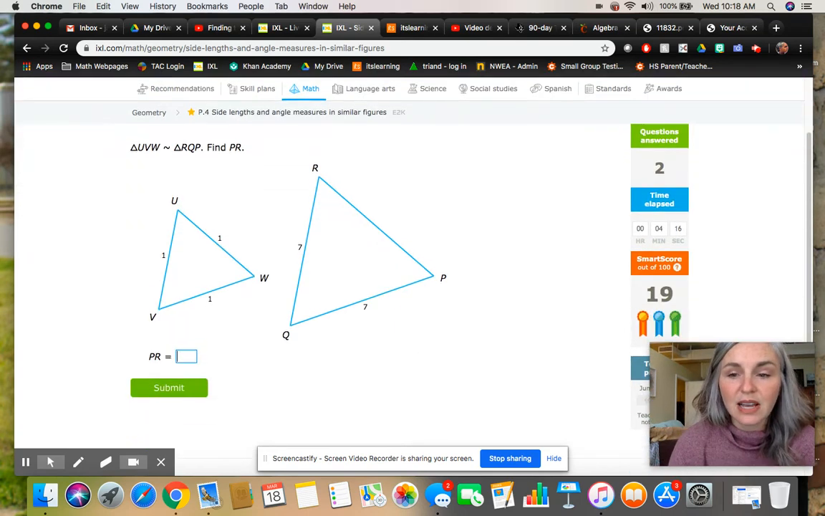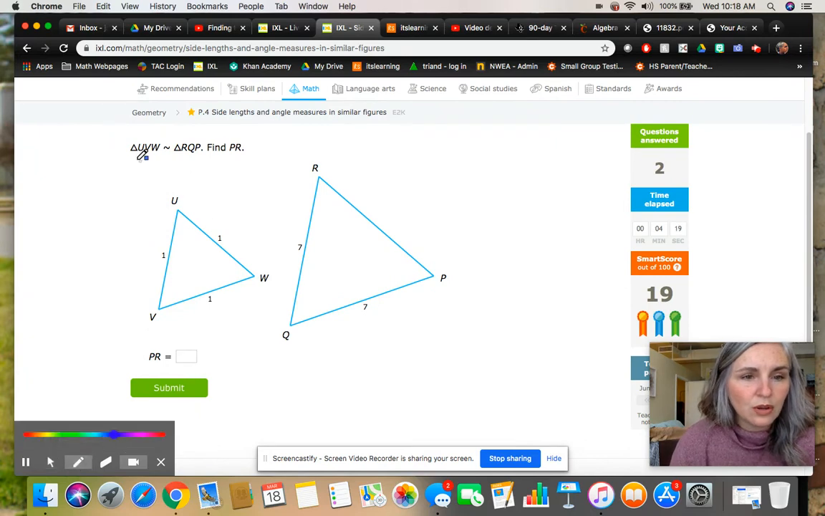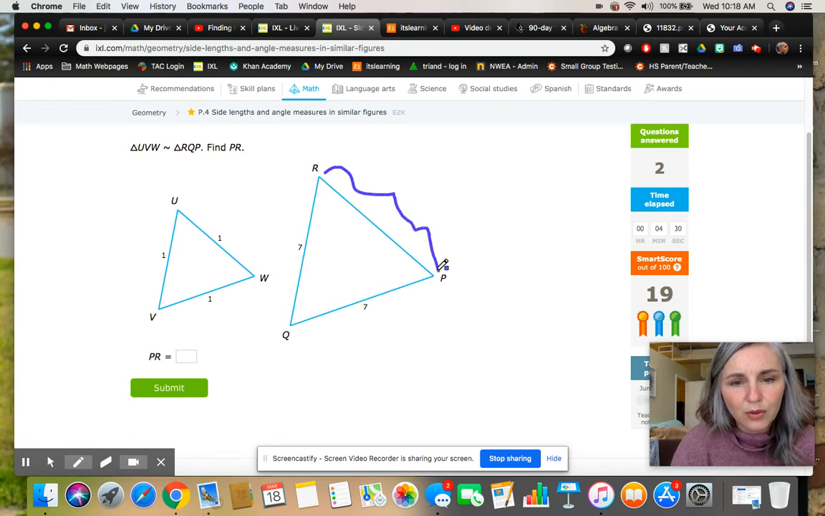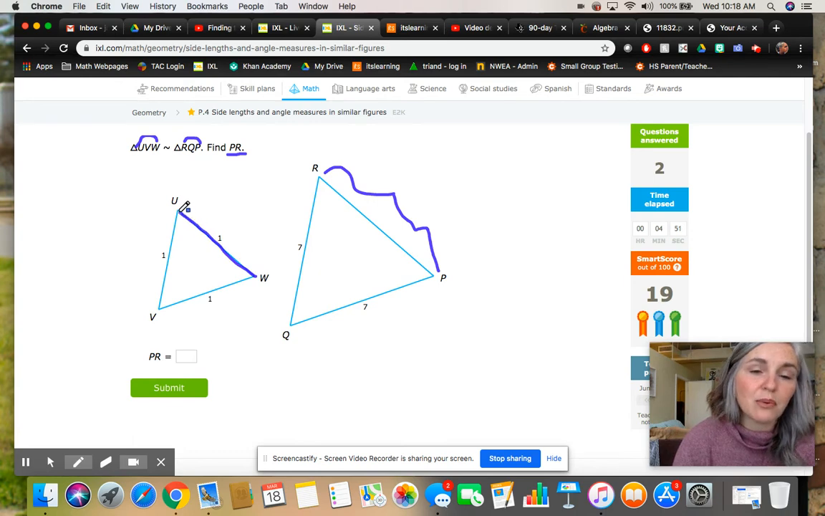All right, so now we're going to find a side length. We've got UVW is similar to RQP, and we're looking for PR here, this unknown side on this triangle right here. We know that PR has to be the same as WU. Or not, I'm sorry, not the same, but it has to be the same proportion. So I would say PR